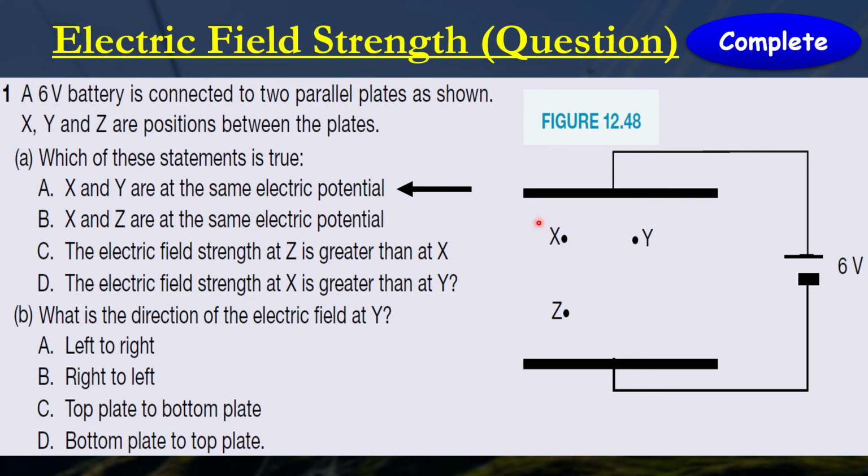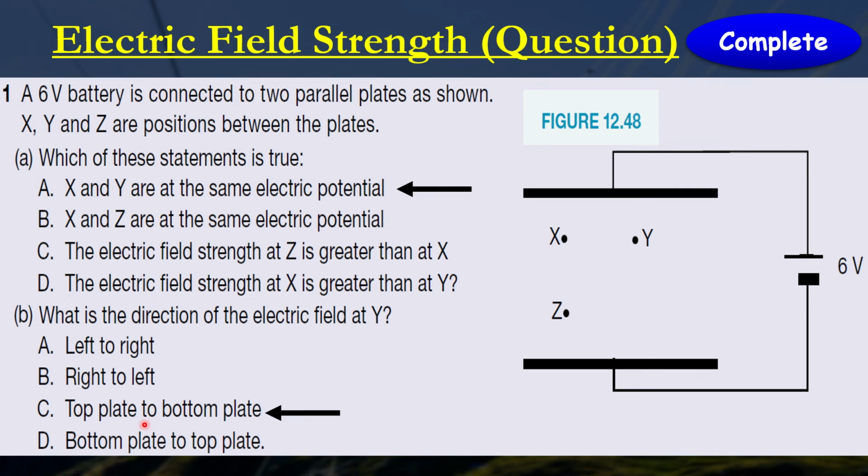So if you're thinking about it here, if they're both positive charges, then from this side of the plate, they're equally distanced away from both sides. Okay. Question B: what is the direction of electric field at Y? Okay. The answer here is